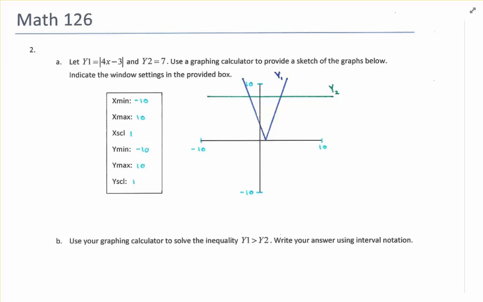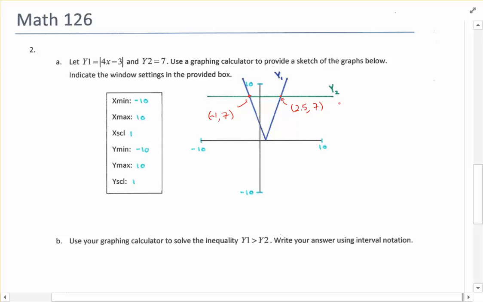Using the intersect feature to figure out this point here, that would have the following coordinates to 2 decimal places: -1, comma 7. I think those come out to be nice whole integers. So there we go. That's the location of that point of intersection. Then the second point of intersection right there, which is in quadrant 1, to 2 decimal places, is 2.5, comma 7. And I think this just comes out to be exactly 2.5. If you want to put 2.50, not a big deal. But anyway,